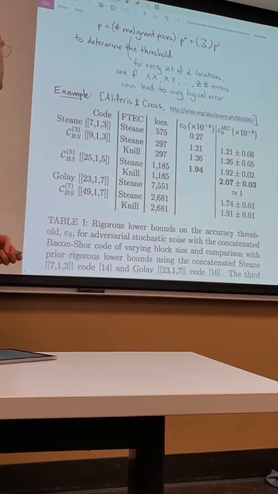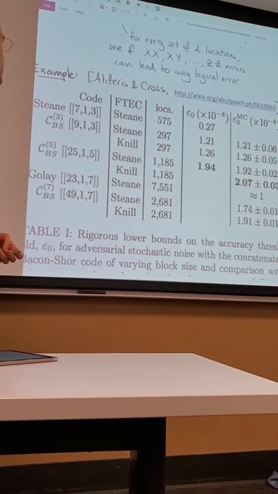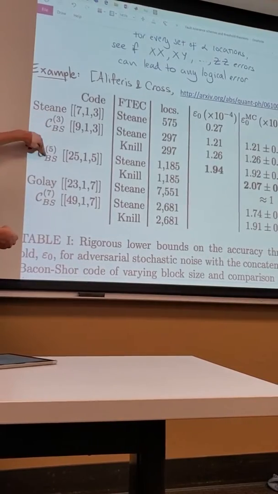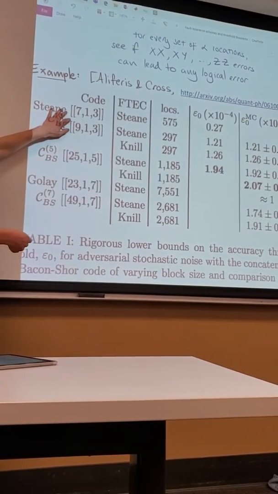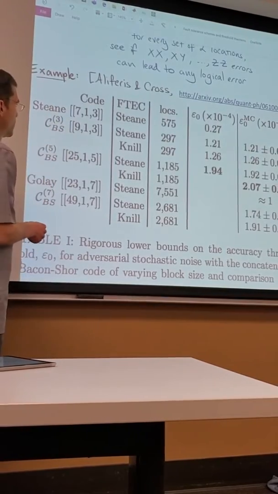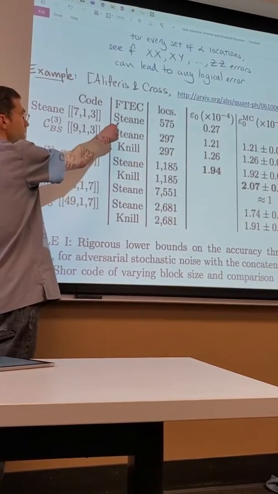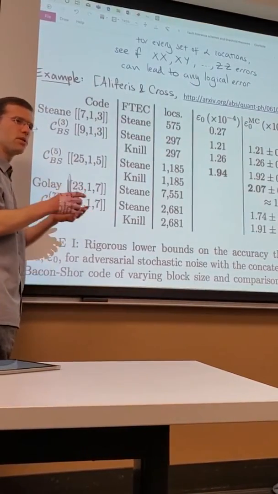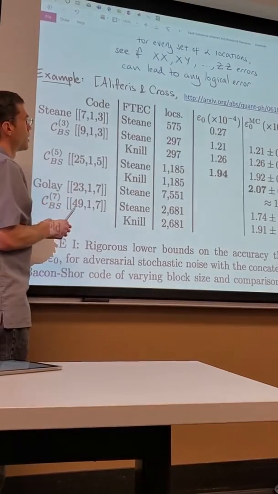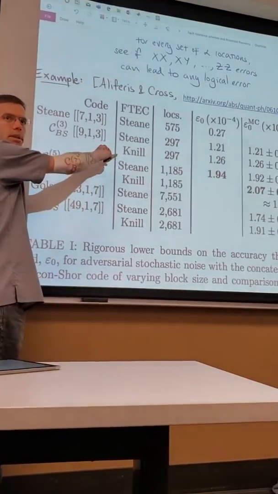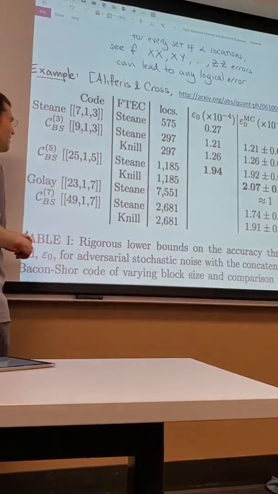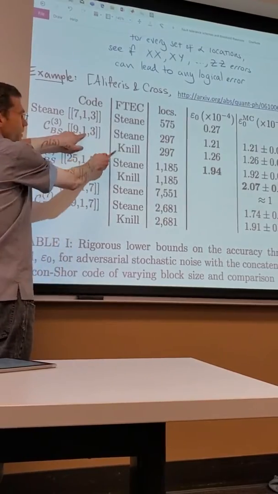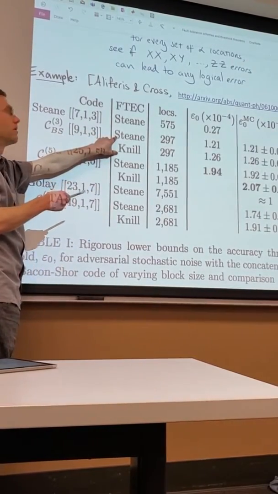So this is from a later paper, but they're doing the same thing. So what we've tried here is we have different codes, and each of these codes also comes with its own fault tolerance scheme. Steane means what I just mentioned: you prepare encoded plus or encoded 0. Knill is a different fault tolerance scheme that I didn't talk about. But the same code can have different fault tolerance schemes for how you measure the syndromes of the code. That's why there are 2 of these here.